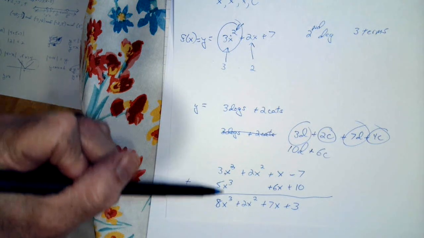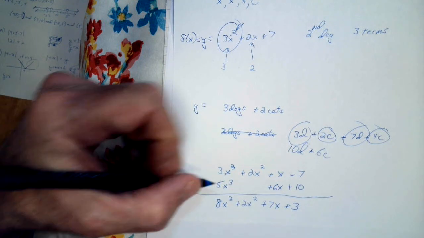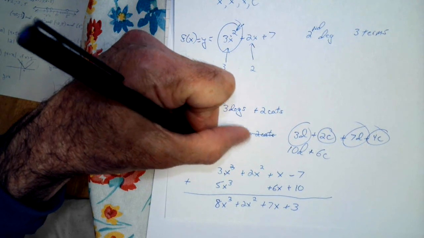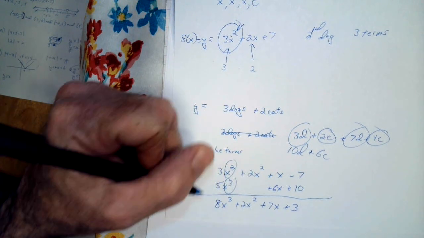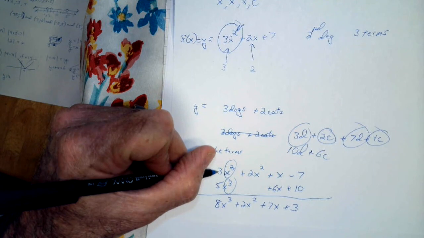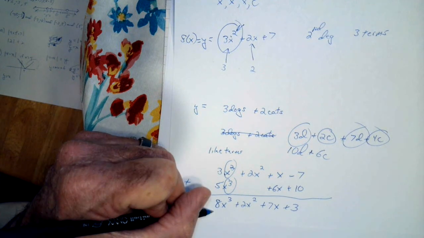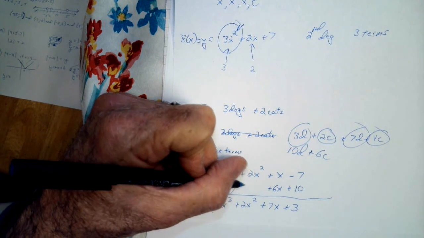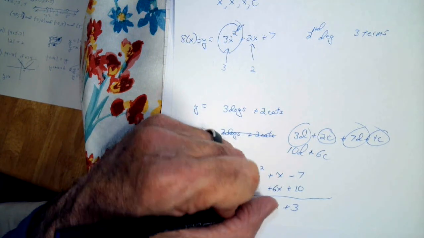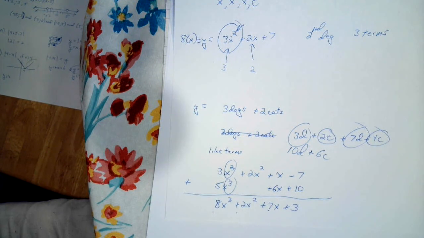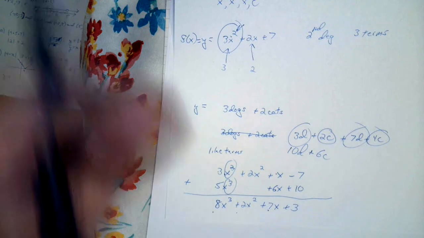So you can only add similar, or what they say is like terms. Like terms means that they have the same exponents. And you can add 3 of those, 3 dogs and 5 dogs is 8 dogs. 2, there's nothing there. 1x plus 6 x's is 7 x's. So that's how you do that. That's how you remember to do it, and that's how you add and subtract polynomials. Now, next one,